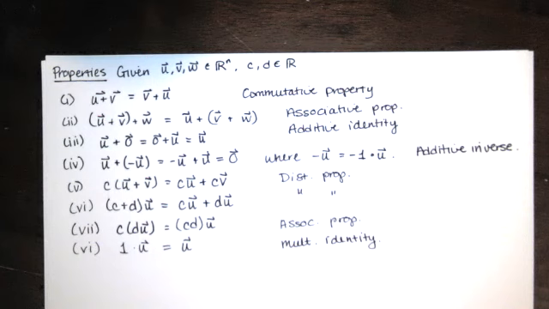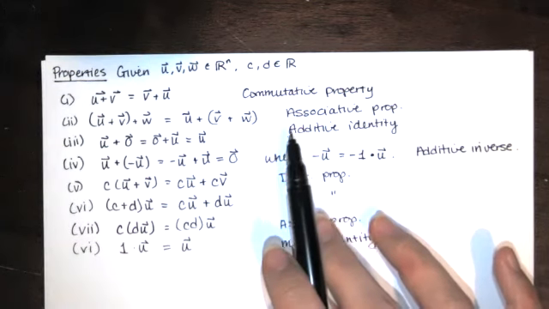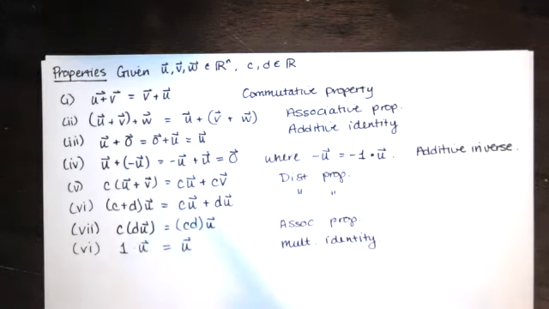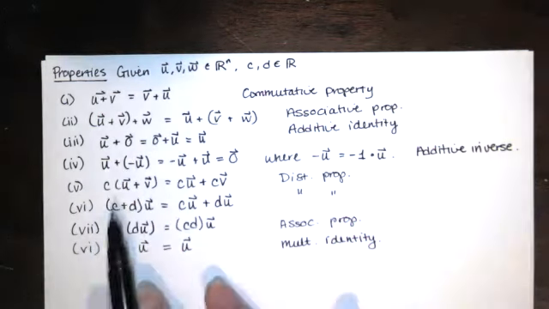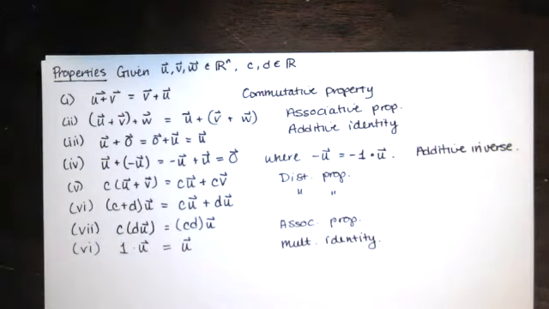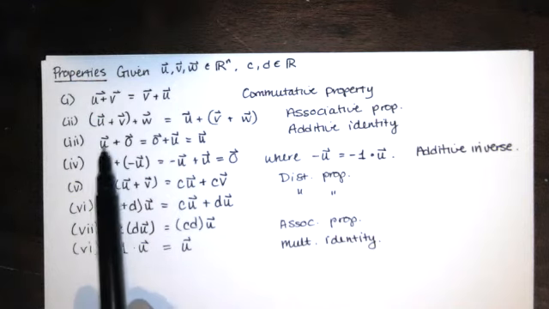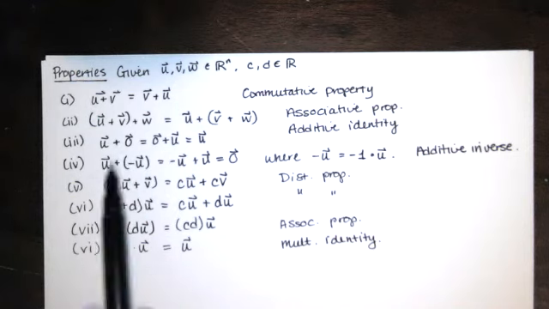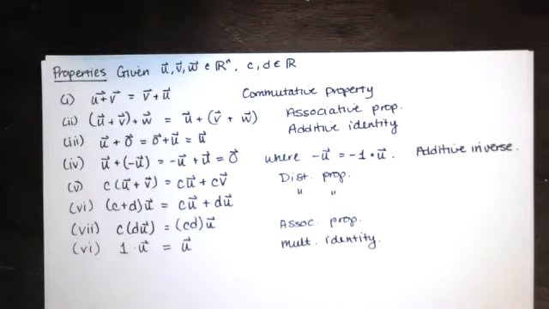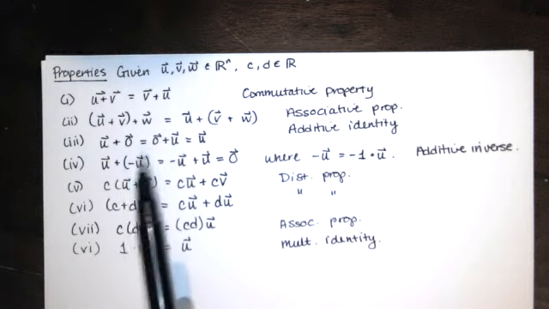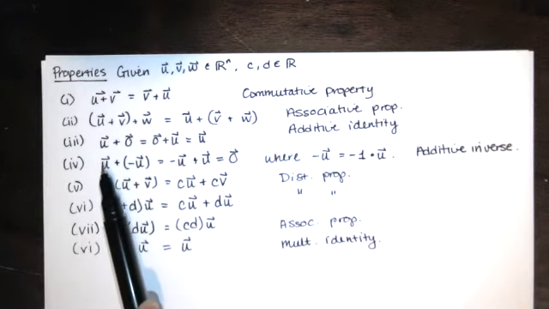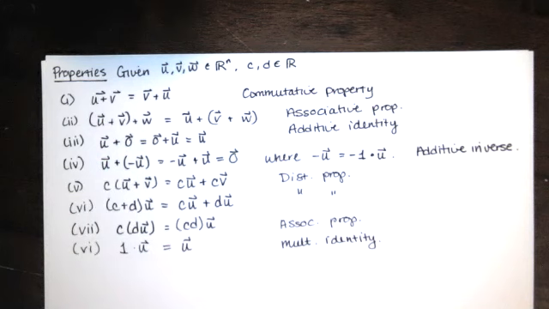And additive identities, that just means that there is some number out there in your set, it's usually called 0, that you can add to the other numbers and get the original thing that you started with back. In this case, we're talking about vectors. We take a vector and add it to the 0 vector, we get the original vector back, and vice versa. And additive inverse just means that there's another vector out there that you can add to a given vector and you can get the 0 vector back. So the inverse part is the ability to undo something that you've already done. Okay,